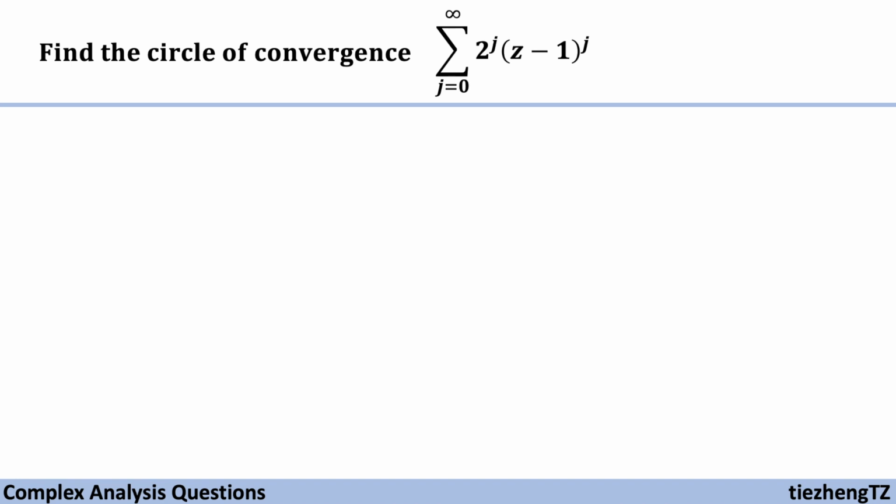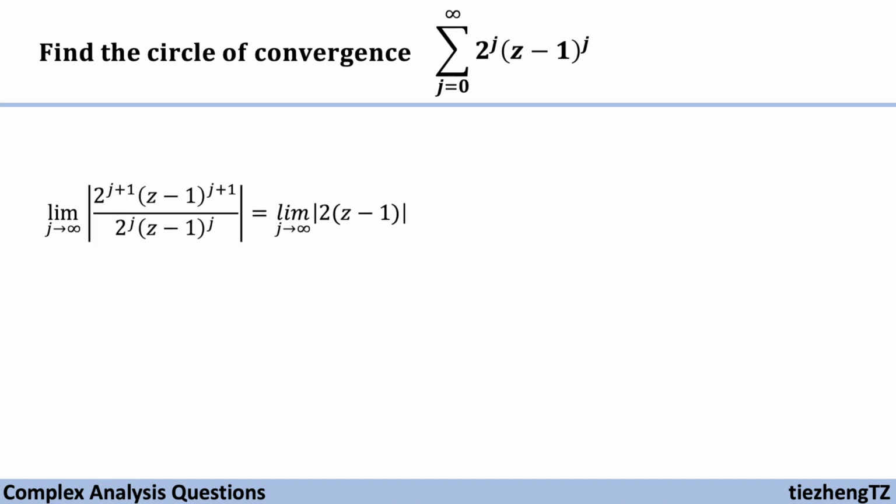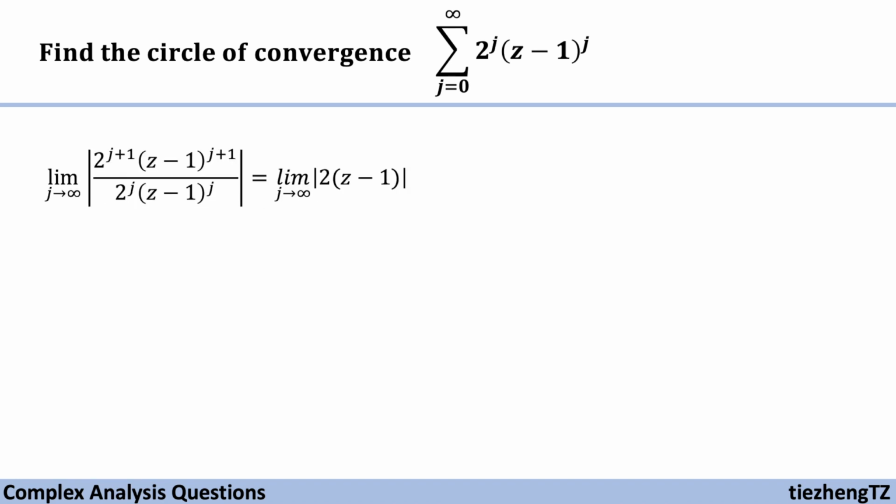We are going to use j plus 1 and j separately to be substituted into this function, and then we are going to take the limit of the ratio of these two functions. So based on what we just discussed, first step, take the limit of these two functions using j plus 1 and j substituted into this given function. After simplifying it, we get the limit as j approaches infinity of 2 times |z minus